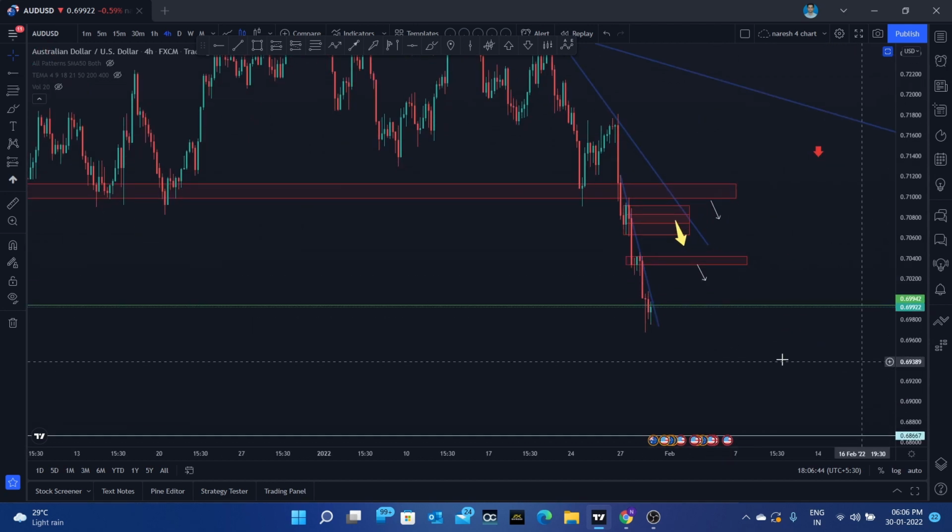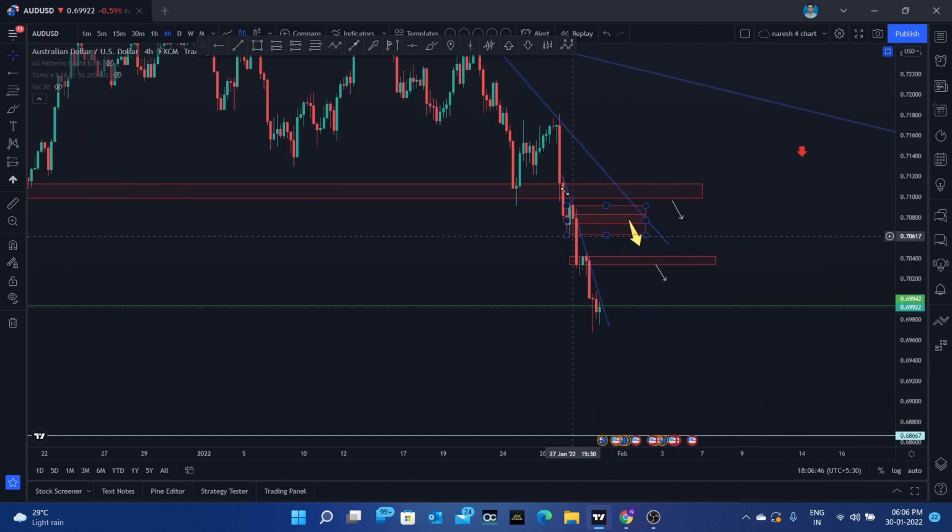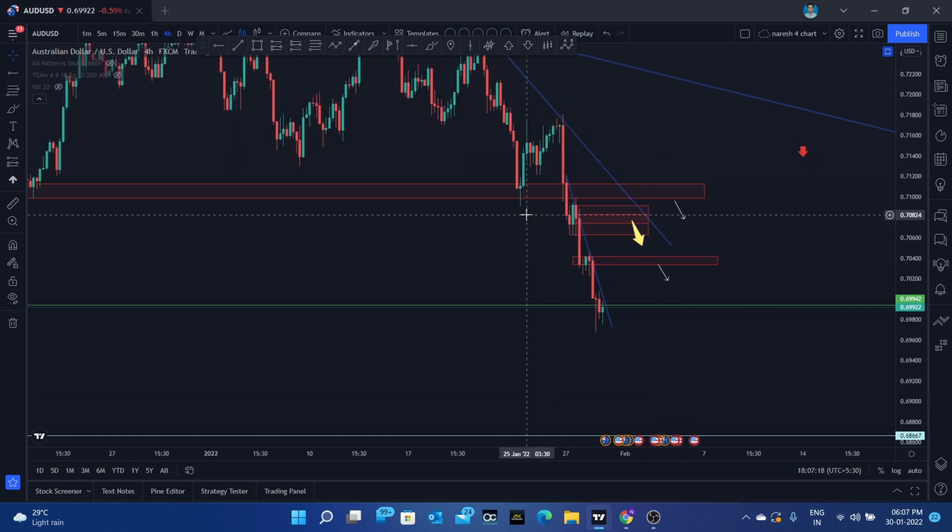So right now you can't go for short entries, guys, because the market is already stretched. So wait for some kind of pullback. If the market is coming to this area and consolidating, or if you are able to see some kind of bearish engulfing candle, you can go for a short again. So just wait for the price to come here and see whether the price is holding this area, whether it is respecting this area, because this area is very important, guys.